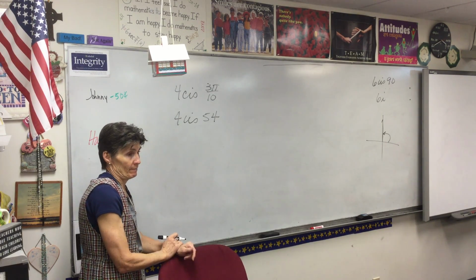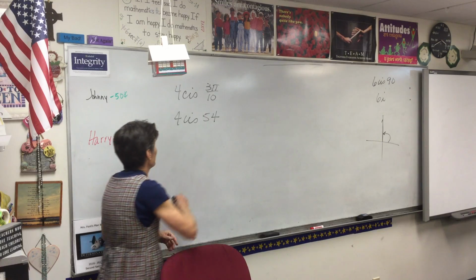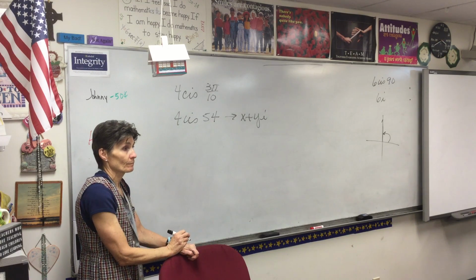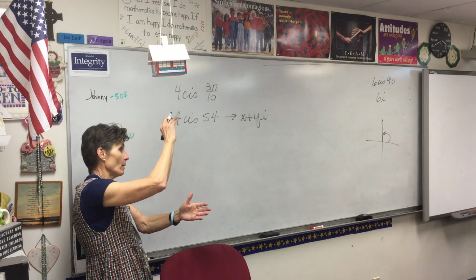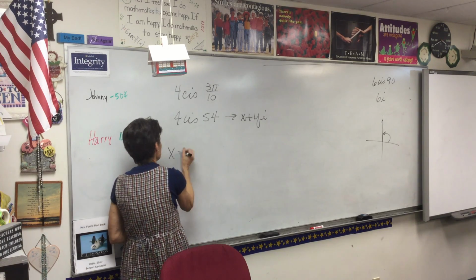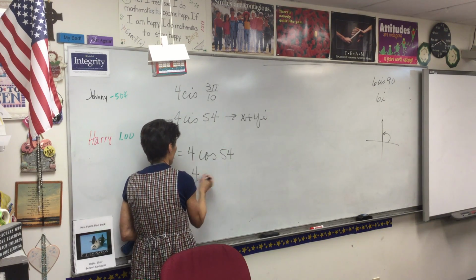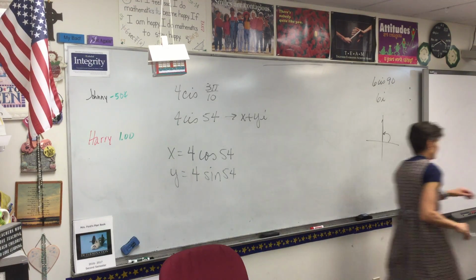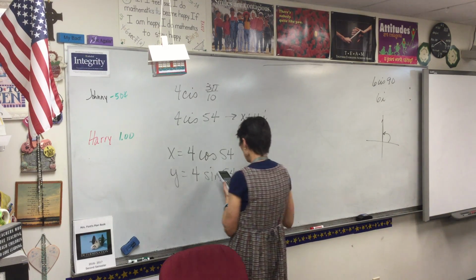Now, what are we doing? We're changing into complex or rectangular form. So that means we want x and y. So Taylor, what's x? Always, always, always x equals? The x r cosine. Yes. X equals r cosine theta, and y equals r sine theta. So for cosine 54,